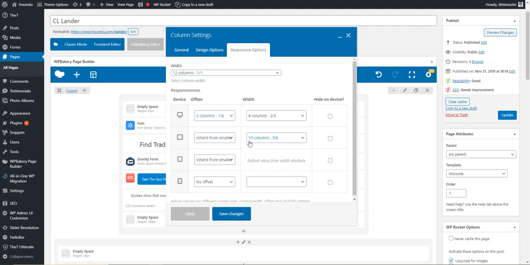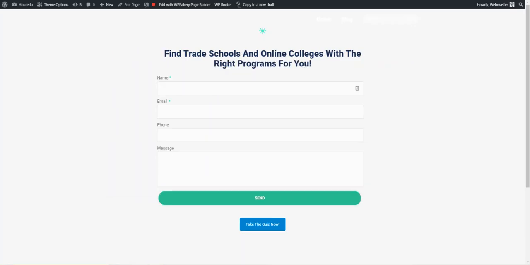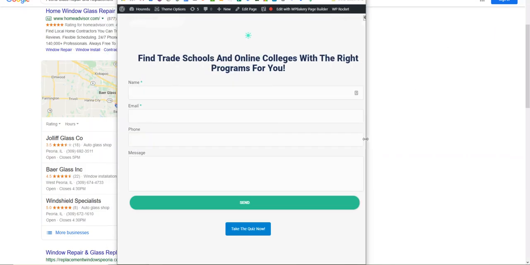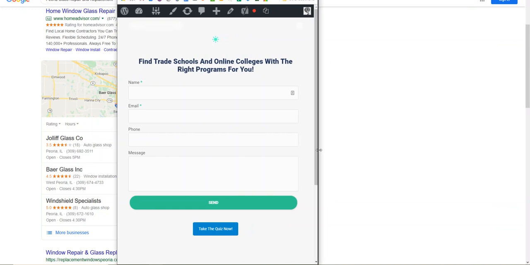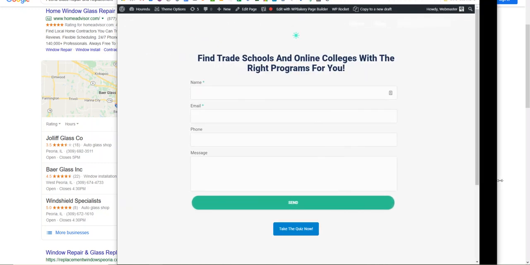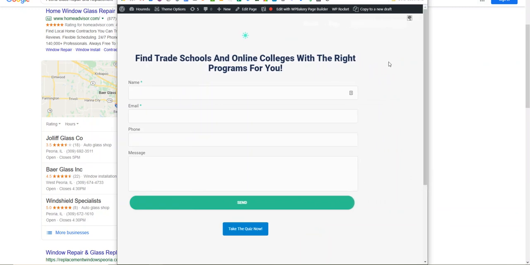So the other thing is too, you have to consider your tablet view because we're modifying the width on tablet. That means if we want this centered, we would have to add an offset to push it into the middle. So let's take a look here. I'm gonna try and squeeze this down a little bit and see if it shows me in tablet view how it's supposed to be. Does it do that? Okay, yeah. So here, so you can see